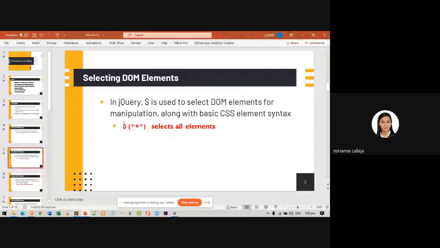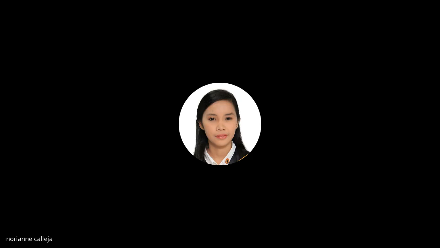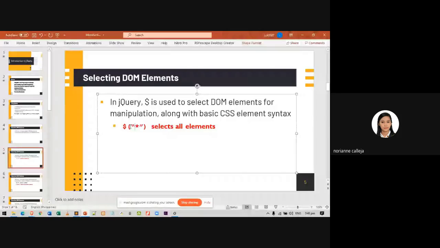So this is the way on how you can select all elements in your HTML documents. Say, for example, you have div, paragraph, span, bold tag, all those elements.